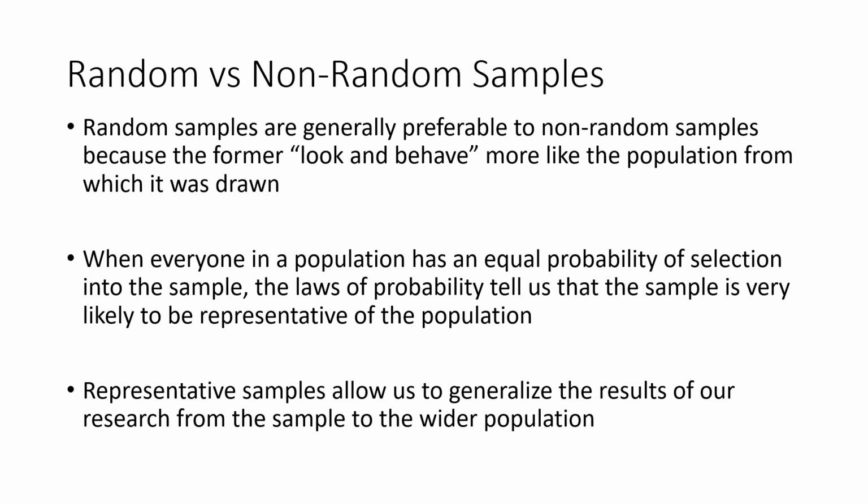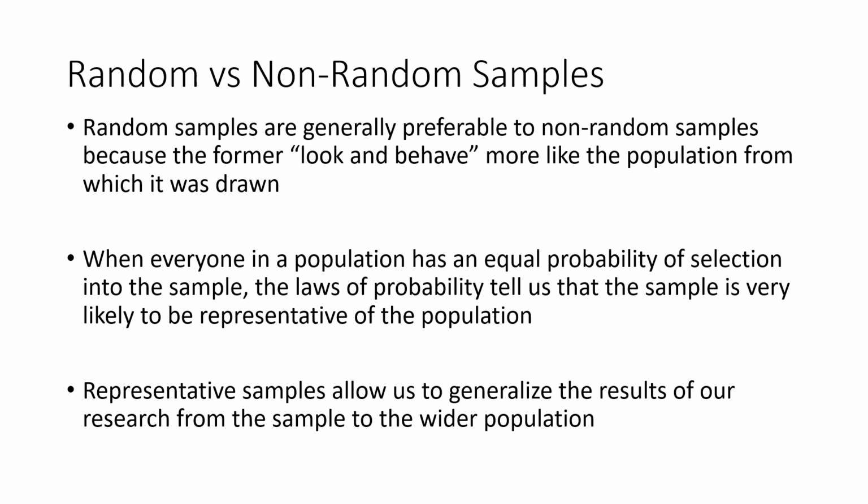For example, a national census offers population level data where everyone in the population contributes to it. But for the most part, we don't have the time or the resources to collect data from everyone. And so what we do is we take a sample from that population, and then we run our statistical analyses on that sample,